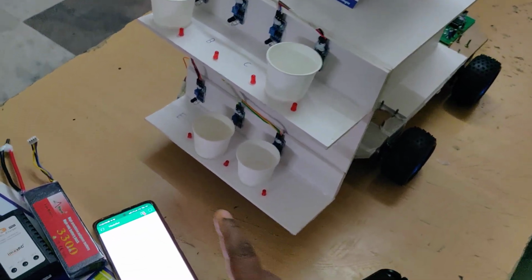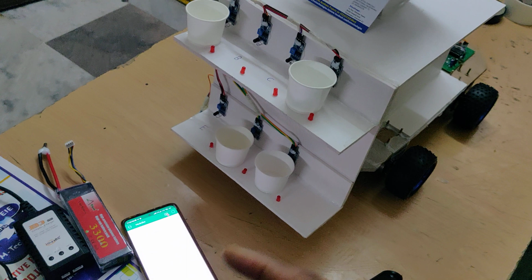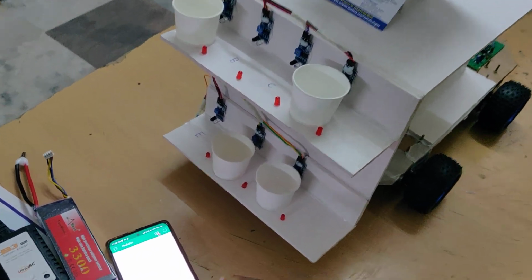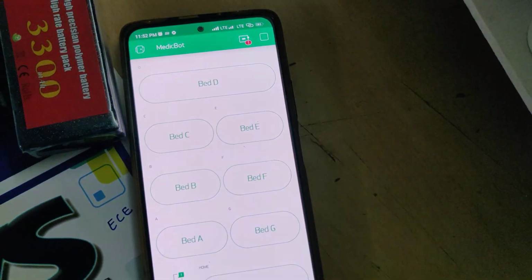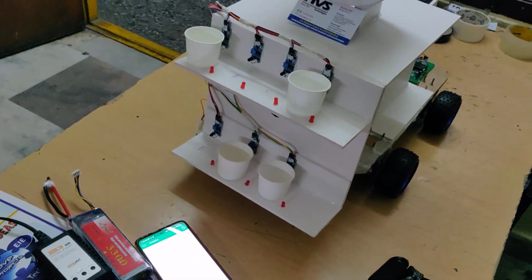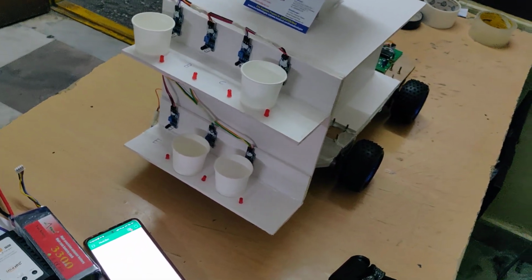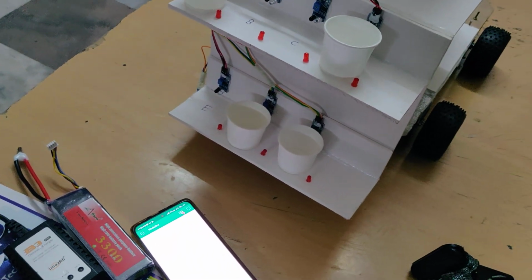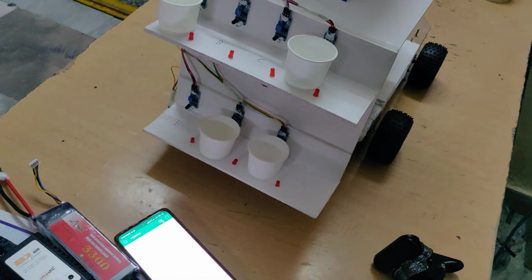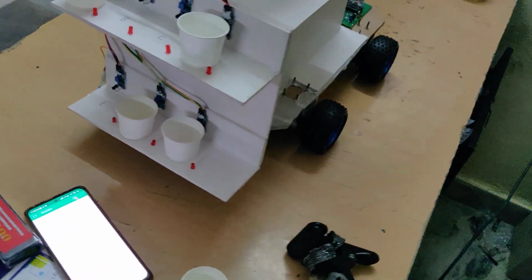And then the robot will start moving backward and change direction, and will stay at this B and F junction only. Whenever a person wants to deliver the next medicine, whether to A, B, F, C or E, it will move according to the direction which we have coded